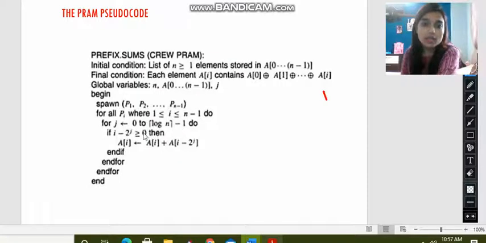The value of i is 1 to n minus 1 and the value of j is 0 to the ceiling function of log of n minus 1. And then we will check if i minus 2 to the power j is greater than or equal to 0, then we have to perform this addition.